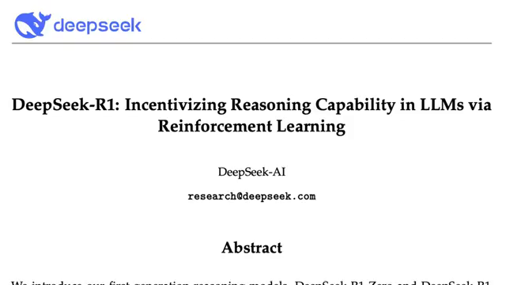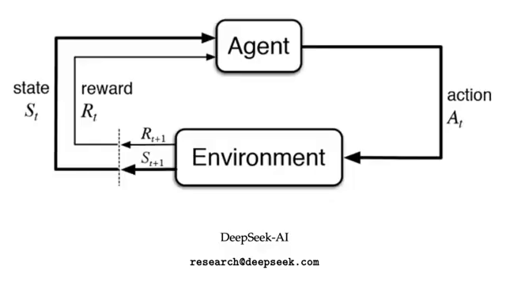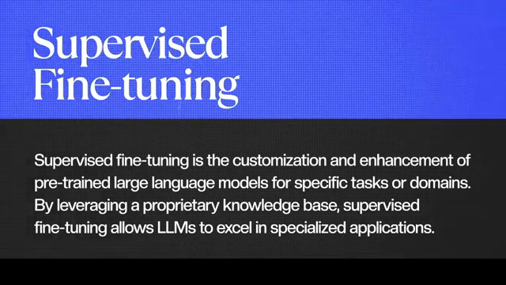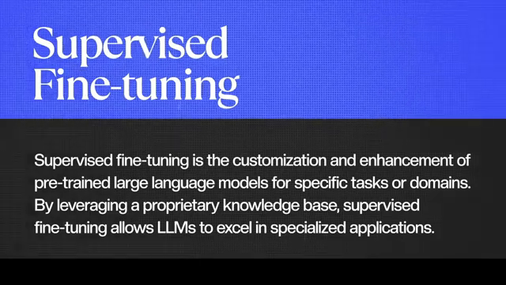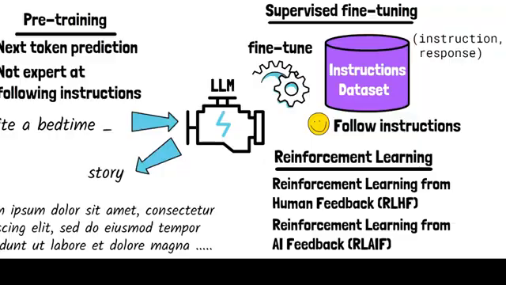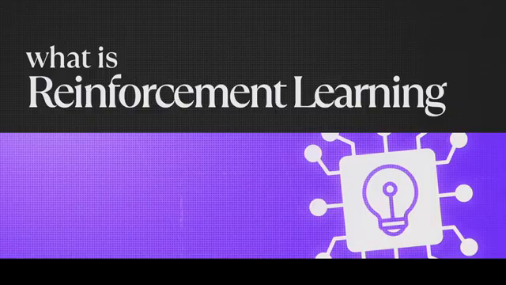Now, along with this model, there was a research paper published about how Deepseek R1 was trained, and the one word is reinforcement learning. OpenAI trained ChatGPT through supervised fine-tuning, in which all the data is labeled and the model is able to pick up patterns in all of that data and become a better large language model in general. But in the case of Deepseek R1, it was trained using reinforcement learning. But what is reinforcement learning?